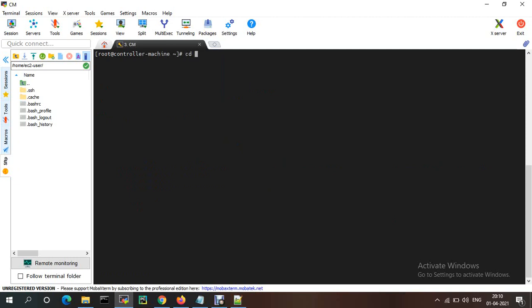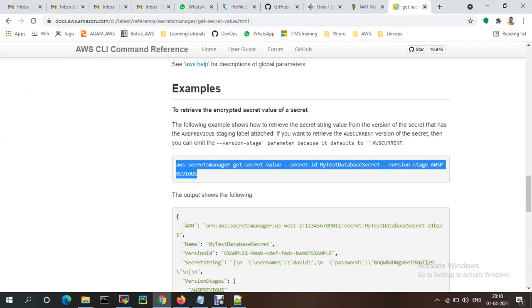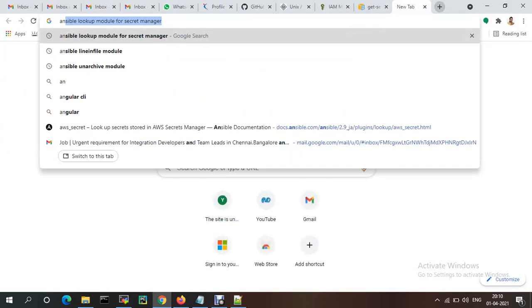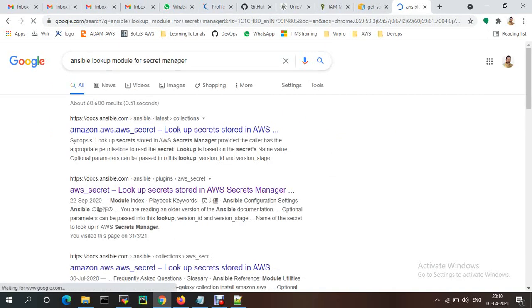cd home, let it be here only. Currently we need to write a playbook, vi nexus-secret.yml. For accessing that one, we need to use a lookup module, the Ansible lookup module, to get the access key and secret key from AWS Secrets Manager.